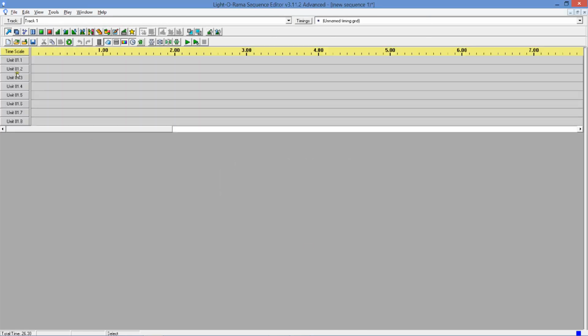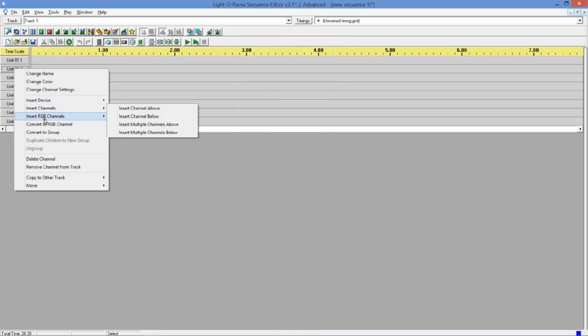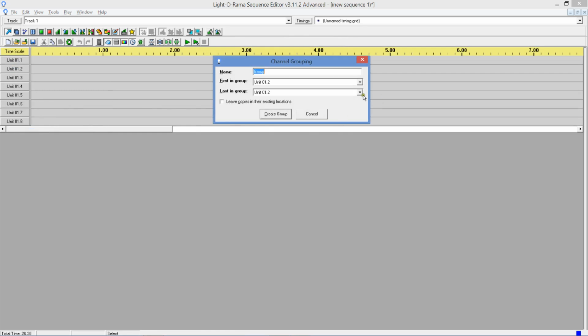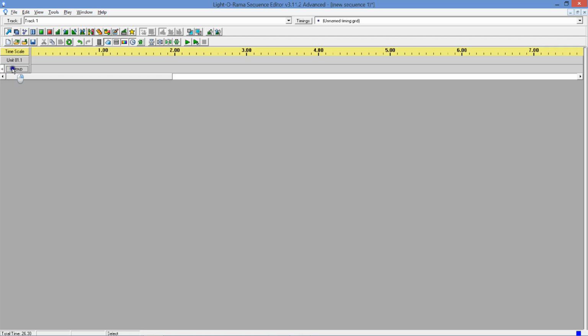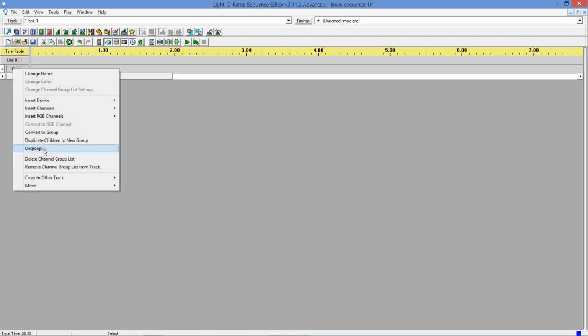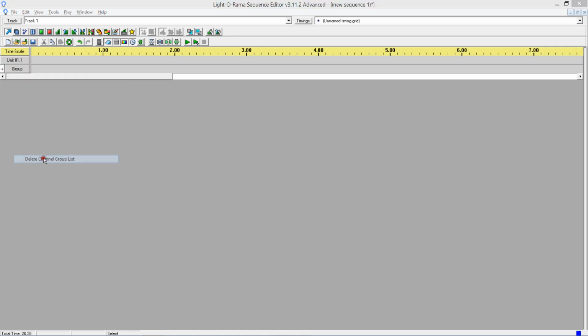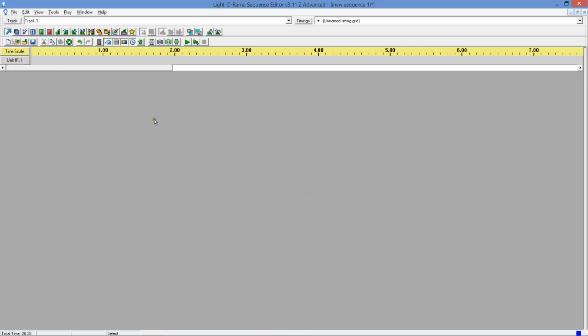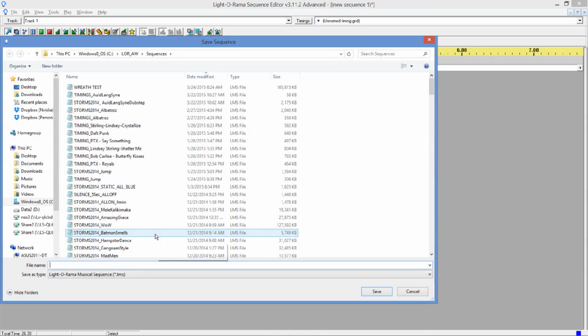Oops, I also wanted to only have one channel, so let me get rid of these. Convert it to a group, give me all of those, now delete the group. Okay, so now I have the barest bones of a sequence. So I save it, and I'm going to call it